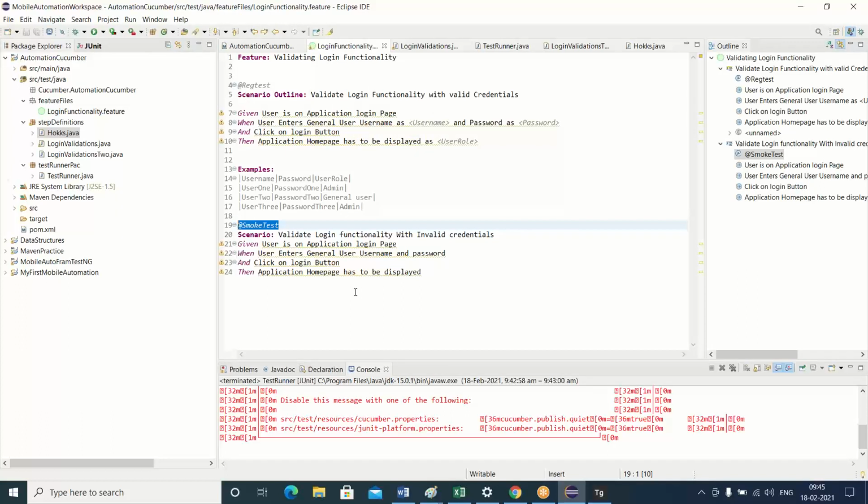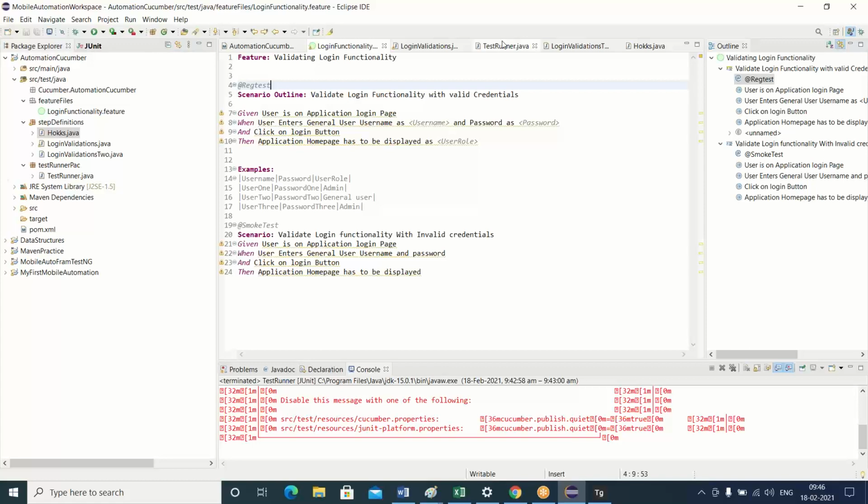Let's say I have 100 test cases. In the 100 test cases, I know what are smoke test cases and what are regression test cases. So when I am developing a smoke test case, I'll tag them with a smoke test. If I'm developing a regression test, I'll tag them with a reg test. So tomorrow, if I want to run all the regression test cases, which are 96 test cases, the